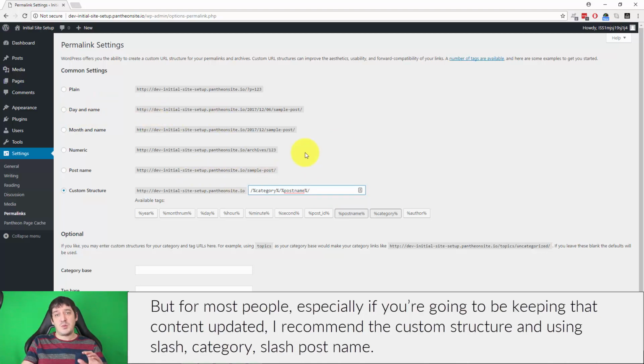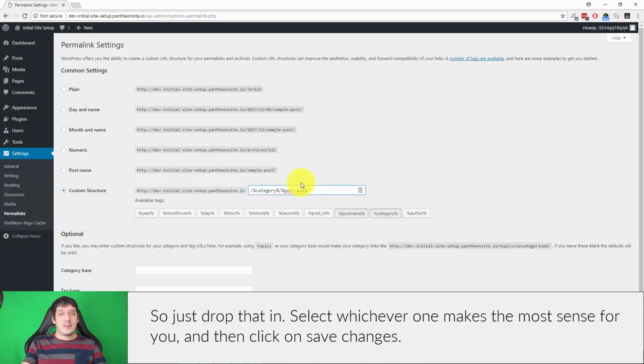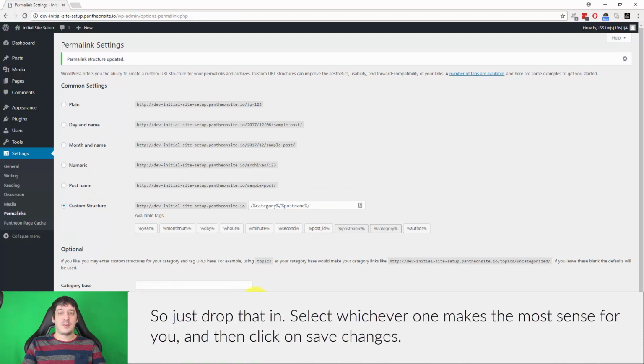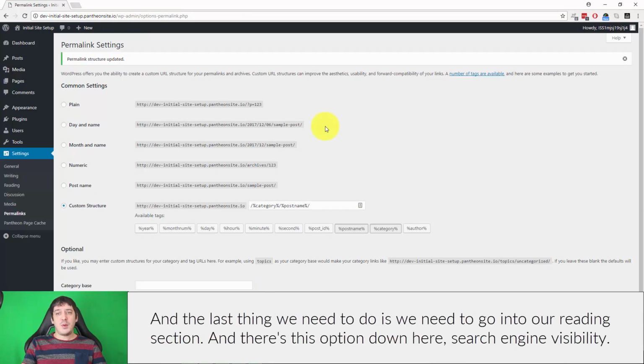But for most people, especially if you're going to be keeping that content updated, I recommend the custom structure and using /category /post name. So just drop that in, select whichever one makes the most sense for you, and then click on Save Changes. And the last thing we need to do is we need to go into our reading